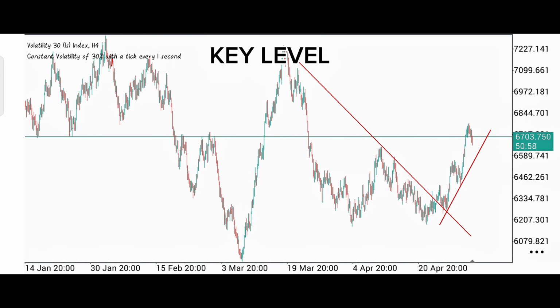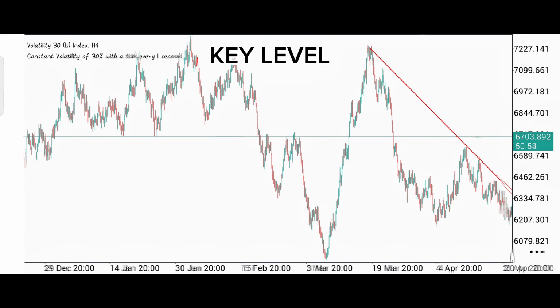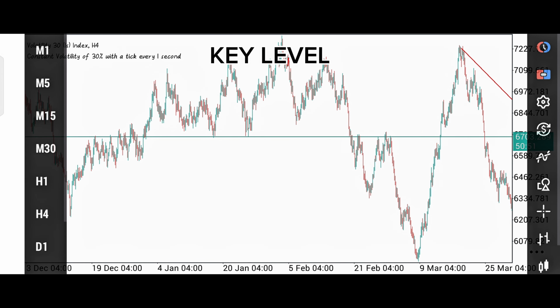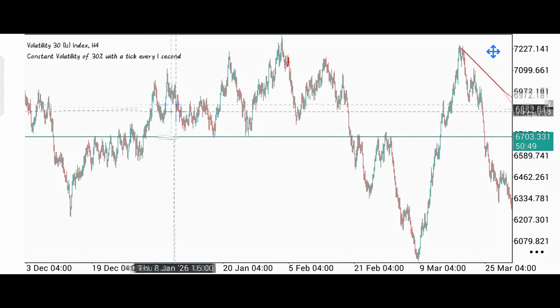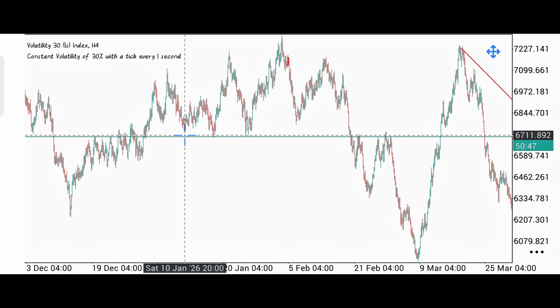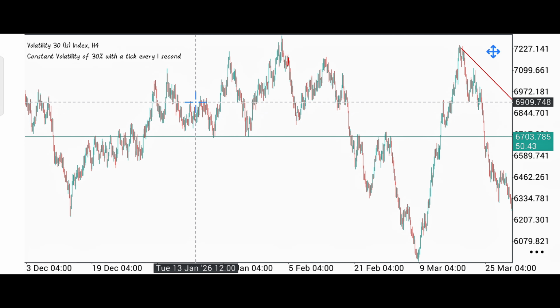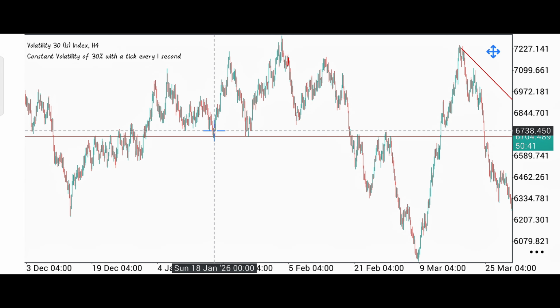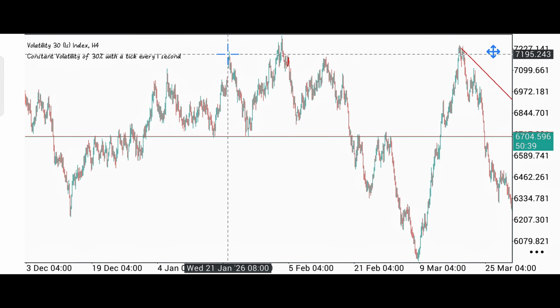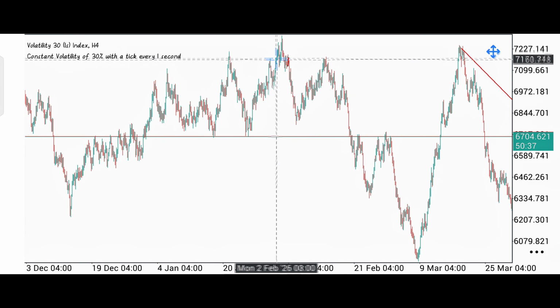So the second thing again on our list here is knowing the key levels. Okay, so where the market respected. As you can see here, market came here and sold, and it reached this level again, so it bought again, and it came back again, and it bought again, then it sold, and it keeps doing this on this level. So what you need to do is just get a horizontal